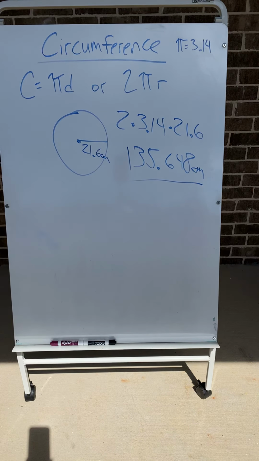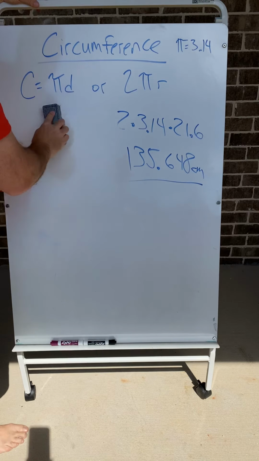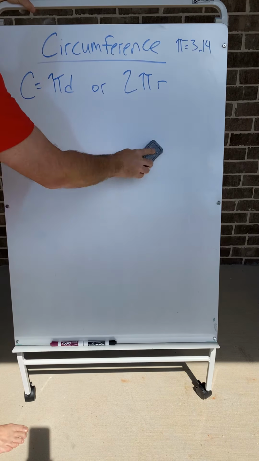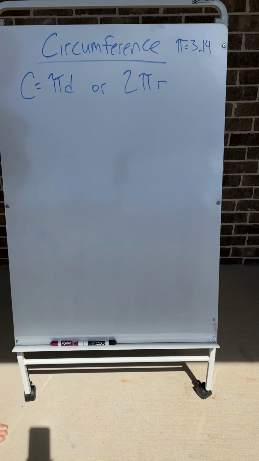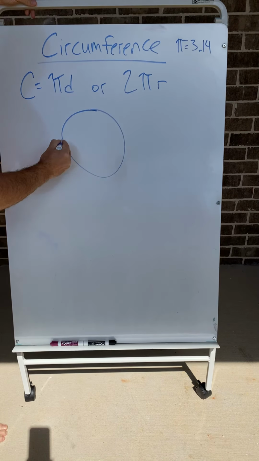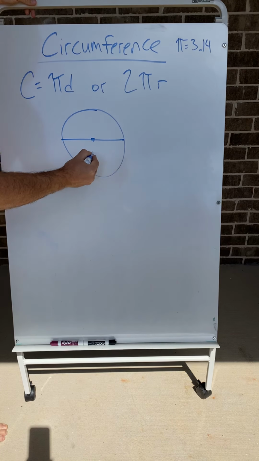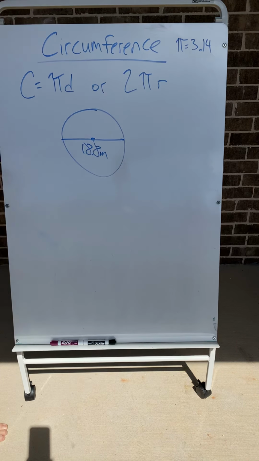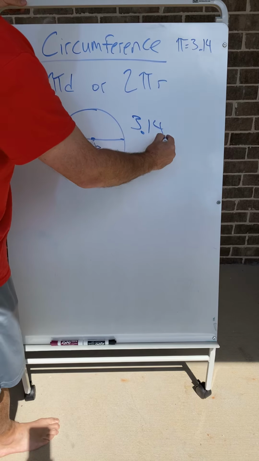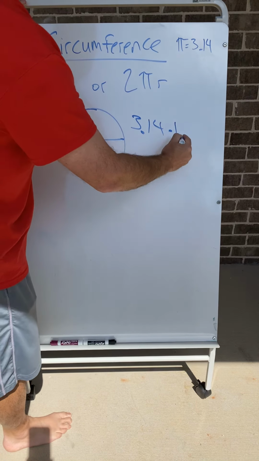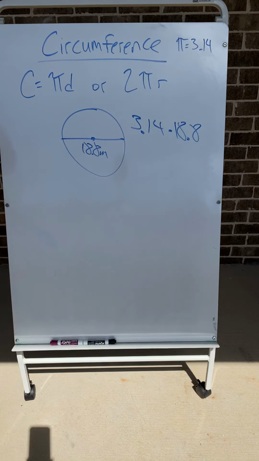Okay, so let's try one more. Let's say they give you a circle. They give you a diameter, and we say the diameter is 18.8 meters. Okay, so you're going to use the first formula, pi times diameter. So pause it, write it down, punch it in your calculator, see what you get, and then come back and see if you get it right. So pi is 3.14, and then 18.8 is your diameter. So 3.14